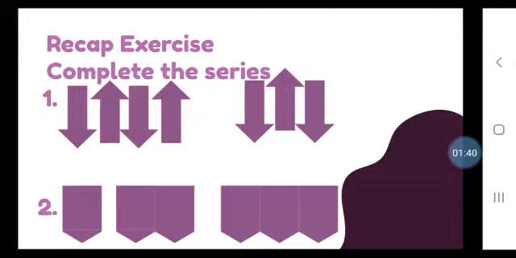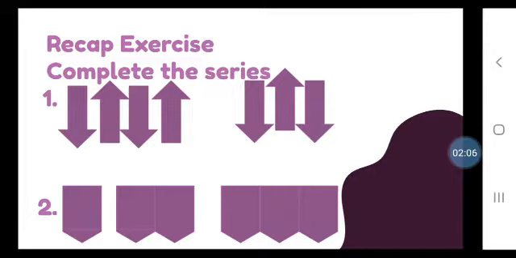Now this is the arrow. As you can see, the first arrow is downwards. Then you have an upward arrow. Again we have a downward arrow and an upward arrow. So this is a pattern. First its face is down, then up, then down, then up, and it will continue so on. So by observing the pattern, we can fill the remaining pattern on our own.